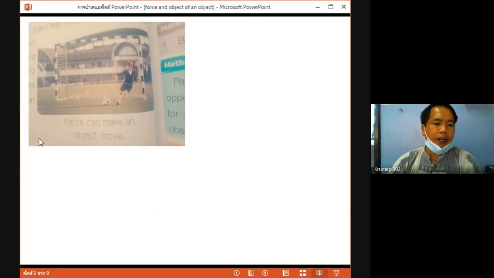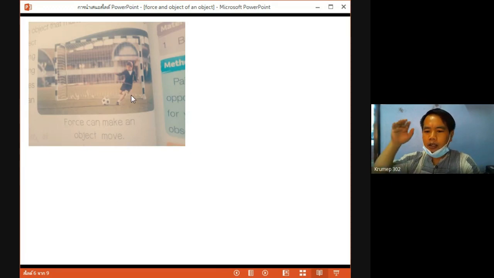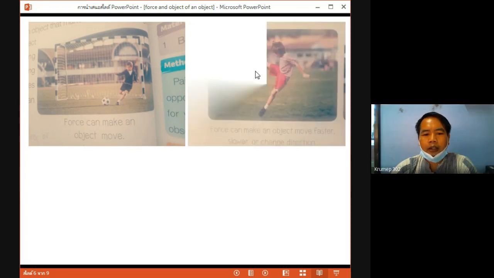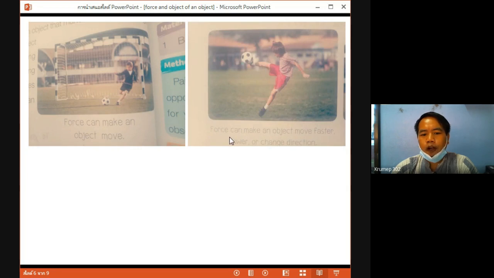Okay, so we have here some pictures. If the boy kicks strong, the ball will move fast. If the boy kicks slow, the ball will move slow. So force can make an object move. Like the second picture, force can make an object move faster,